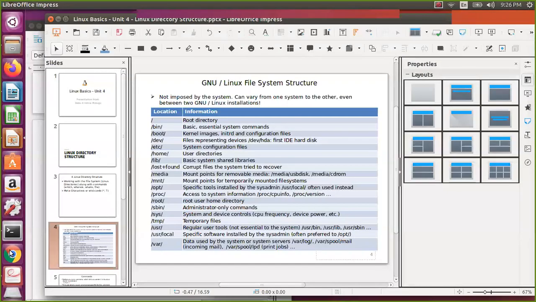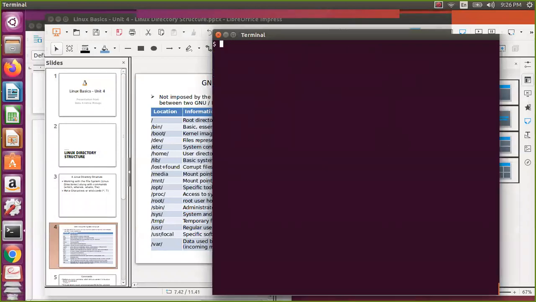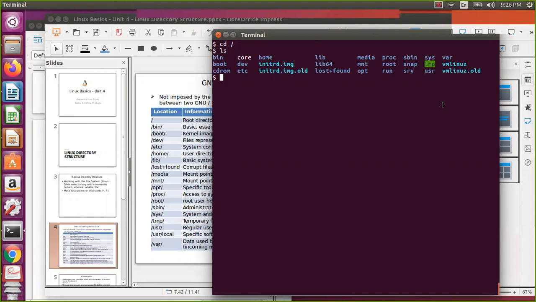If you want to check, you can just cd to this directory and say ls. You can see here the files which we have discussed, and something like srv. Snap is for my recording and may not be there everywhere. You can see these in your Linux system. There is no guarantee that bin, boot and all these will be there. Major things will be there in any Linux system, but a couple of things may not be there in your system, or additional things will be there. It depends on the system.